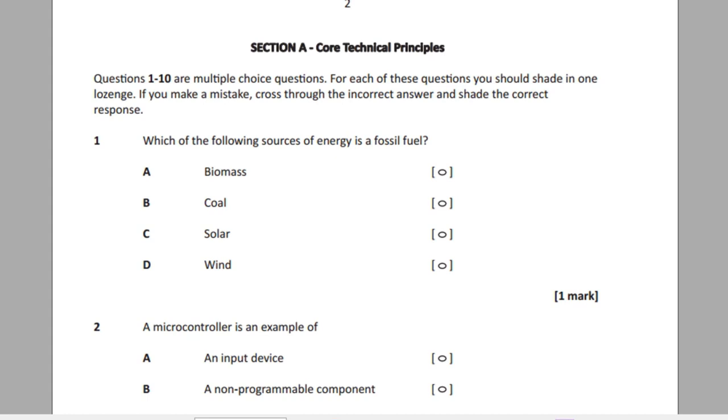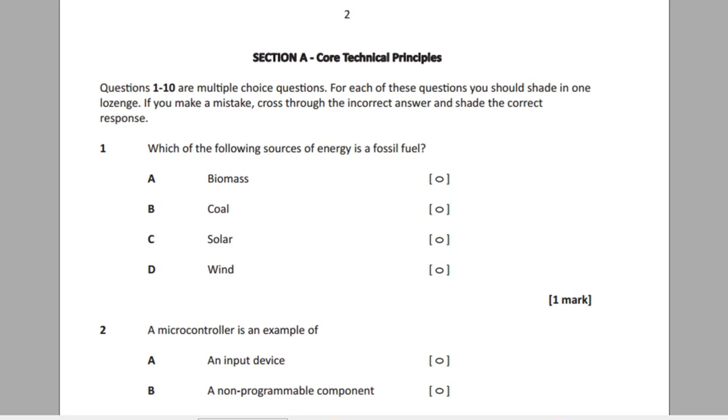So wind can't be it because we're talking about atmospheric gases moving around at speed. So it's not wind, which can be used to power wind turbines. Solar, if you see the word solar, that refers to the sun. So that would be used to power solar panels and used to heat water at high temperatures to create energy, electricity as well, which is possible to drive turbines.